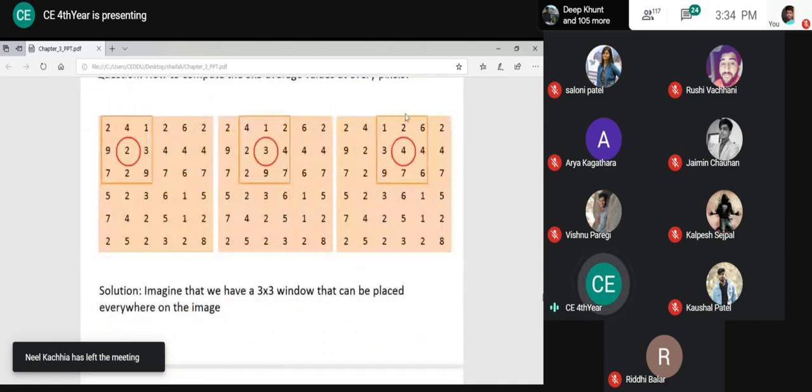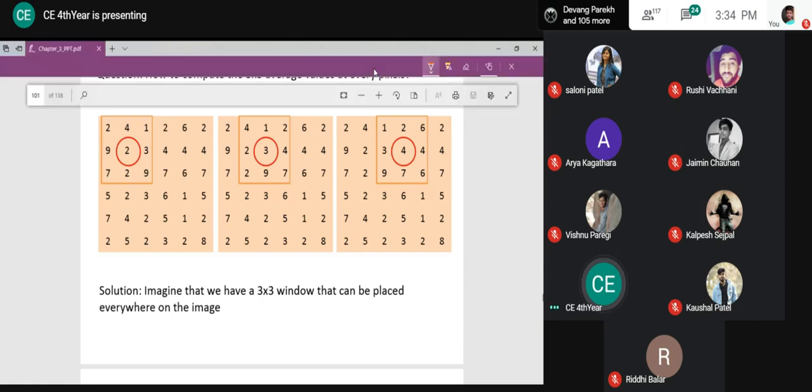Okay. So this concept you already remember. Once I complete this one, then I will go for the next, and I will take its own neighborhood and calculate for this. Then I will go for the next pixel, so I will shift my window. So I will scan my image in that way. So I am clear about how to start with this element. But what about this element? If I want to calculate it, what should I do?